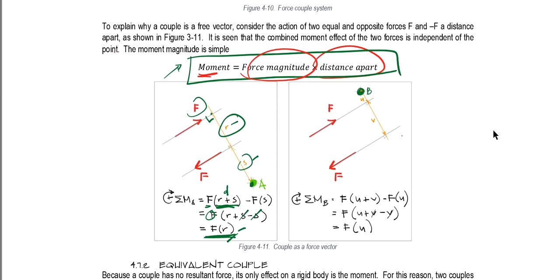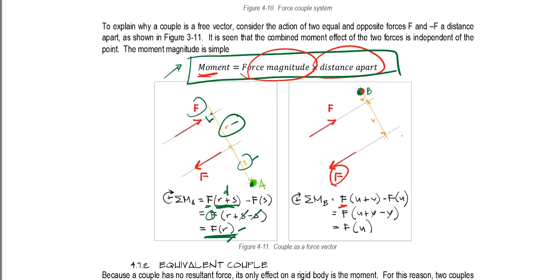Okay, so let's do the same analysis regarding this second example. Say this is now our reference point. So what will be the effect of this force couple, F going in this direction and this force F going in the opposite direction? So again, the summation of the moments of these two forces is that we have, say this is the first F here,